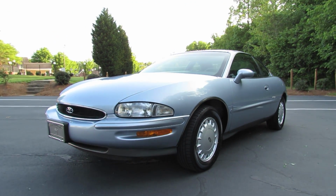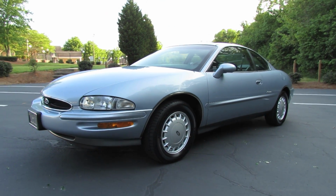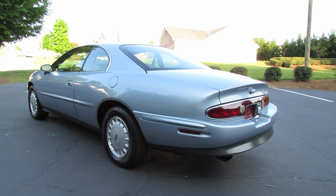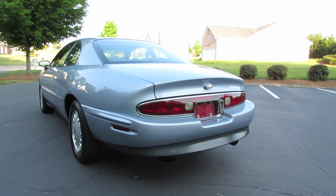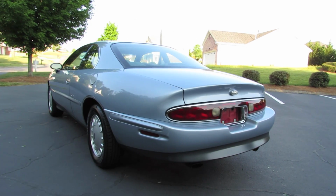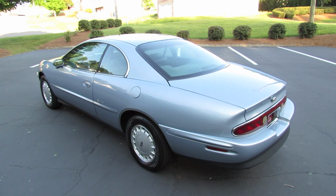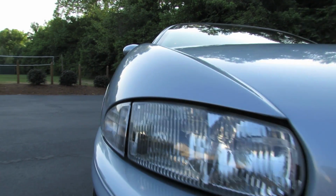Today, let's take an in-depth look at my 1995 Buick Riviera. And this is going to be a full and in-depth review of the Riviera. We'll start it up, show the engine, get an exhaust clip and go over the performance data, take it on a test drive, and show you a bunch of the features on the interior as well as exterior. And so, without further ado,